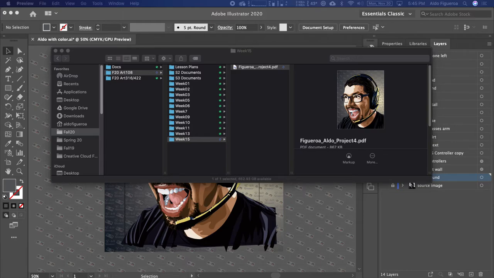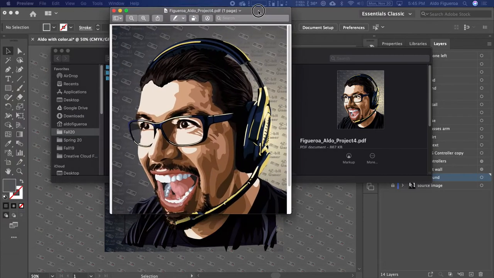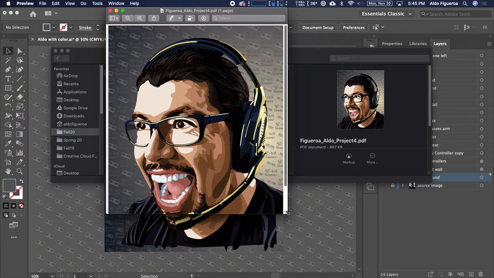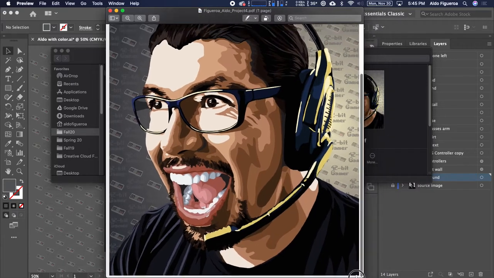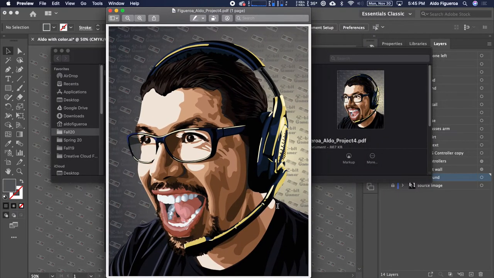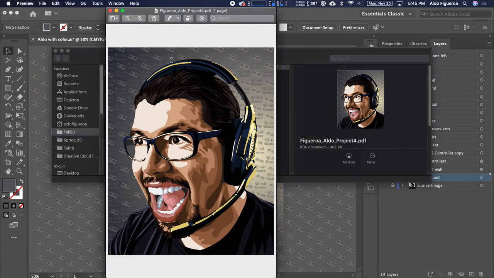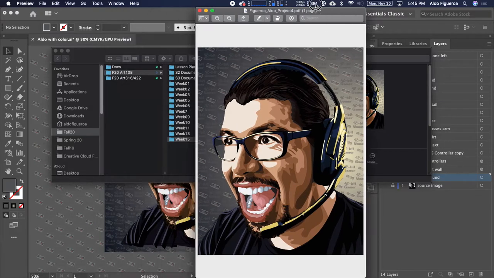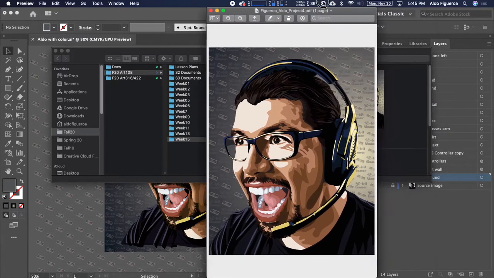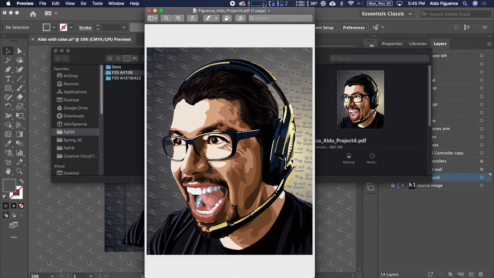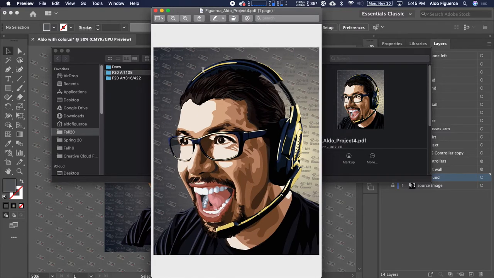This is on a Mac, so it's going to open it up within Preview. I have two monitors, so I'm moving it over here to the side. And here we go. Here is my project. And you can see that it's only saved out my artboard. So only the contents within that rectangle that we created earlier has been saved. And this actually turned out great. So this is how you're able to save out a PDF file so that you can just have the finished